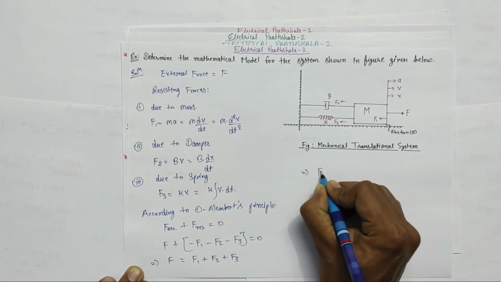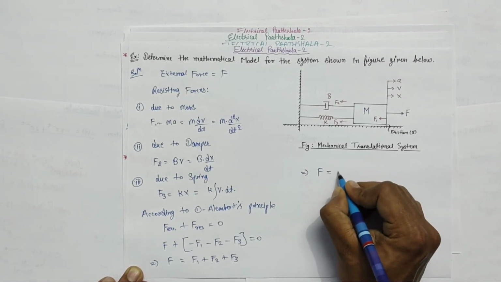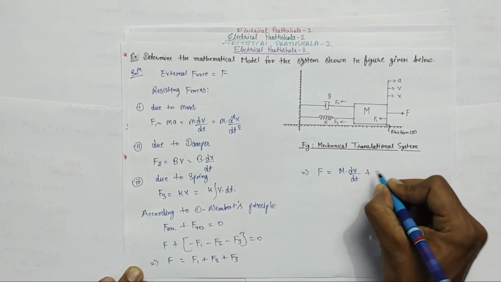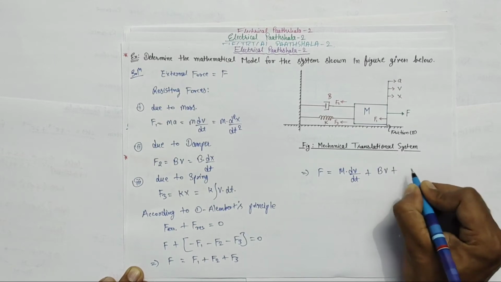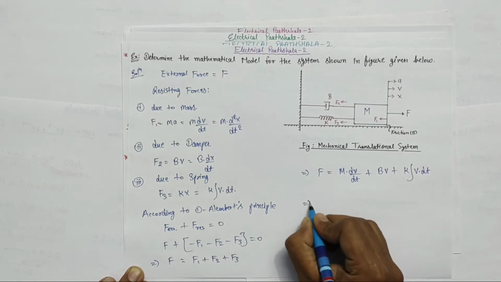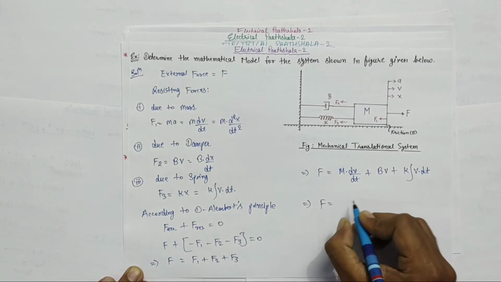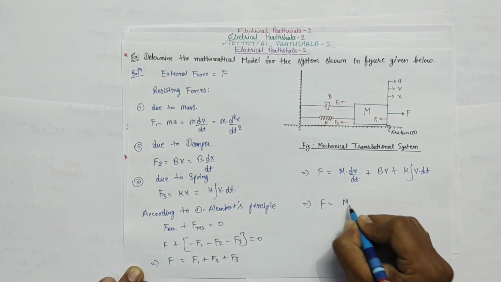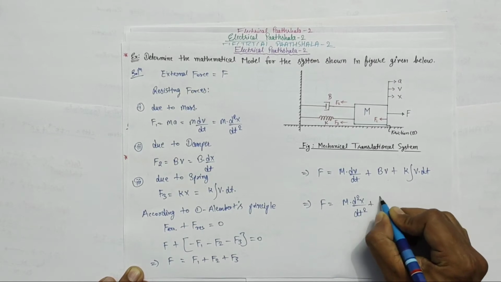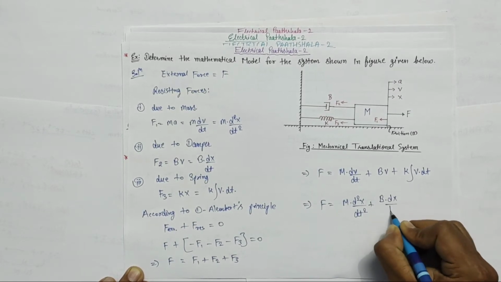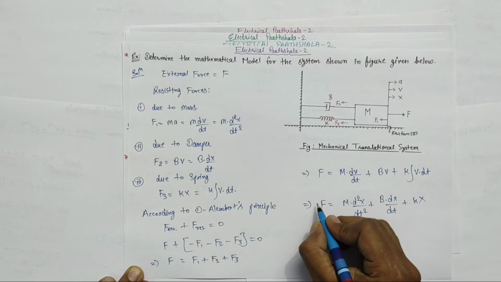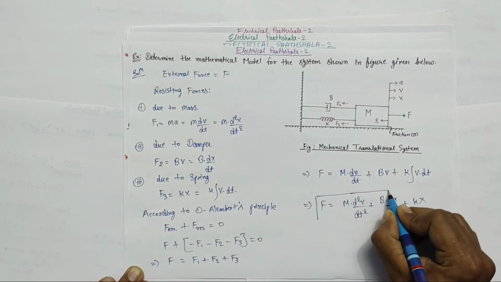Now we can write it as m into dV over dt plus B into V plus K into V dt. This is in terms of velocity. Now in terms of displacement, we can write it as F is equal to m into d2x over dt2 plus B into dx over dt plus K into x. So this is the equation that we got